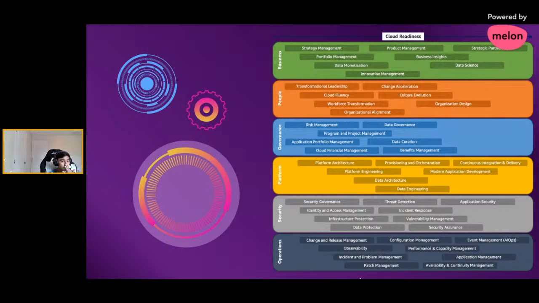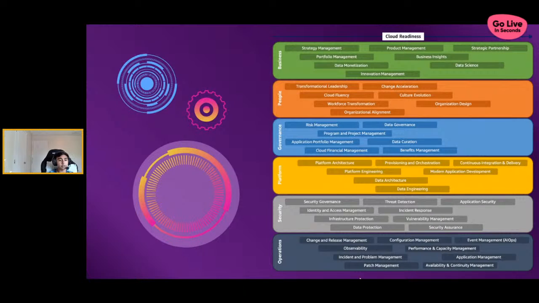Next to people, by the way, these are just main ideas under cloud readiness under each of the six capabilities. So next to people, there's transformational leadership, cloud fluency, workforce transformation, organizational alignment, change acceleration, culture evolution, and also organization design. Next to governance, there's risk management, data governance, program and project management, application portfolio management, data curation, cloud financial management,